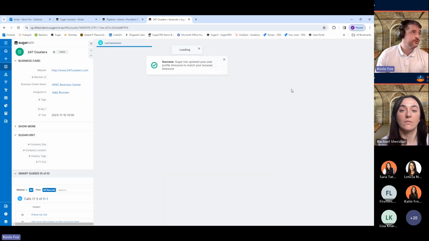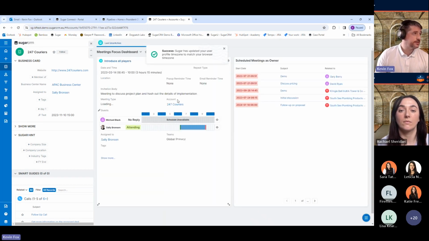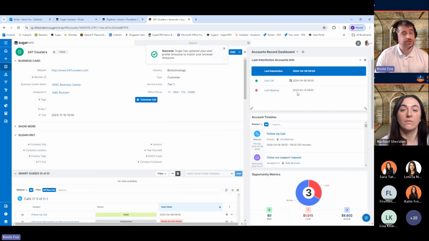So last meeting, focus dashboard. We can see here, the title is Introduce All Players. It will show basically the general information: attendees, invitation body, date and time, and so on. One key thing here with interaction is that it's only going to show meetings or calls that were held and